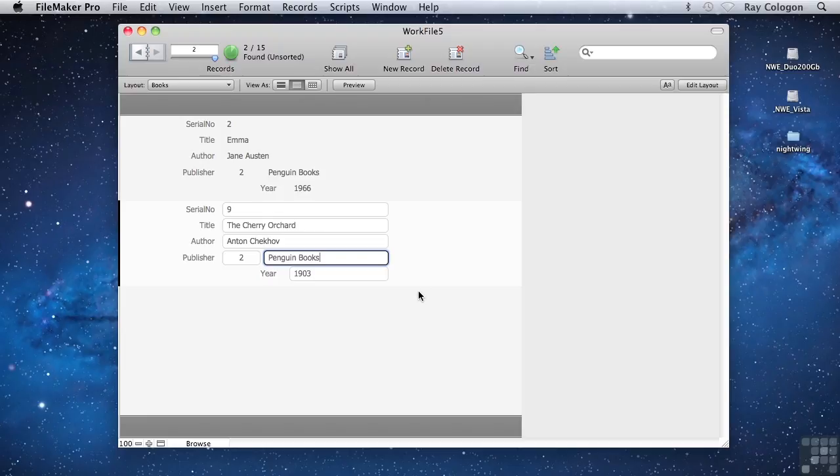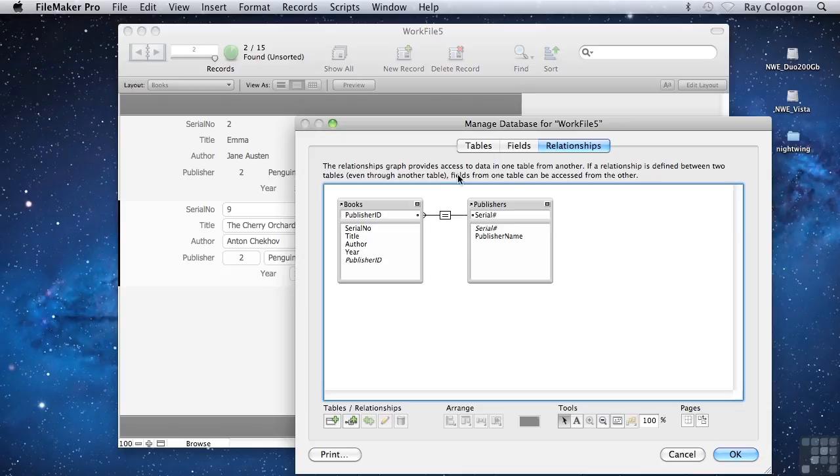However, in practice, you don't have to set up the relationship in any special way to enable this one-to-many behaviour. FileMaker is flexible in the way it allows us to work with relationships. So it's how we use the relationship and how we enter the data that determines what kind of relationship arises between records in the two tables. Relationships can be one-to-one, one-to-many, many-to-one, or many-to-many. In the Relationships tab of the Manage Database dialog, FileMaker makes its best guess as to what sort of relationship